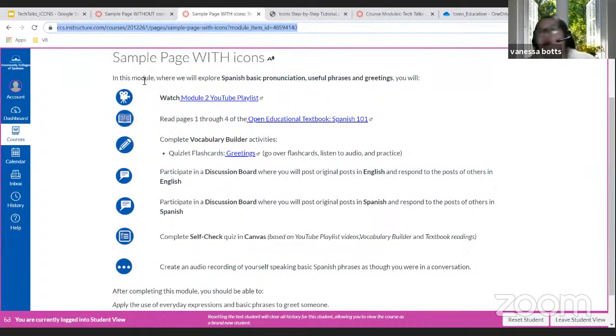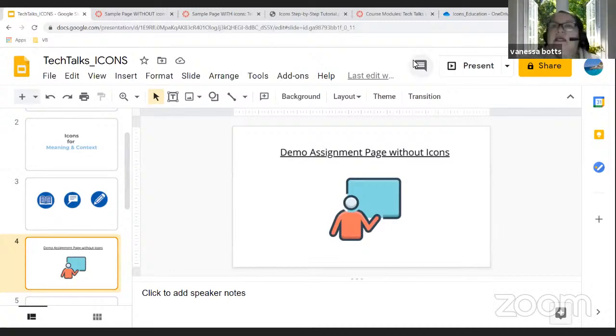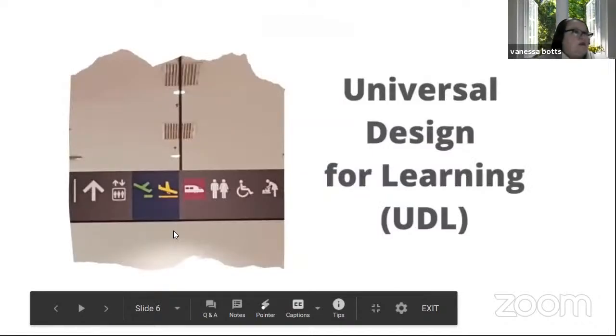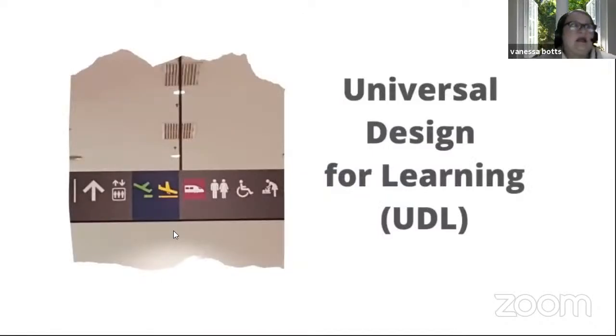And before I show you how to get these icons and how to put them into your course, I do want to talk a little bit about universal design for learning. So I just wanted to mention that again, icons are a simple yet effective action we can take to help our students succeed within our online course or any kind of web enhanced course. And they happen to be a part of what's called Universal Design for Learning, or UDL,